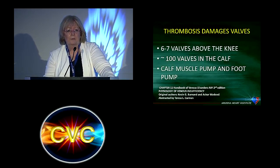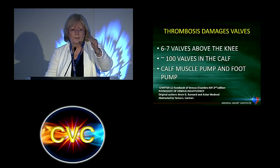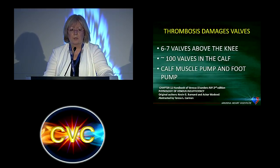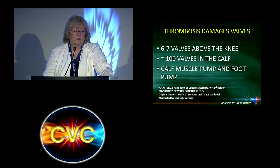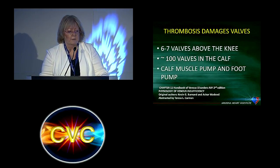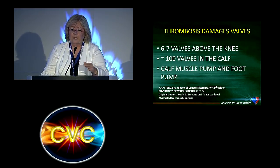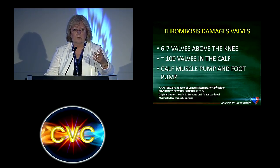They're to keep you from having big fat legs while you walk, because flow goes up 2 and stays there and keeps going up toward your heart instead of going up 2, back 1, as it does when people have reflux. Very few people are born without venous valves. It is reported. I don't know if Dr. Rook or Dr. Dean has ever seen somebody with agenesis of the valves, but I mean, their legs are like elephantiasis. So the calf muscle pump and the foot pump are very important because they work in conjunction with these